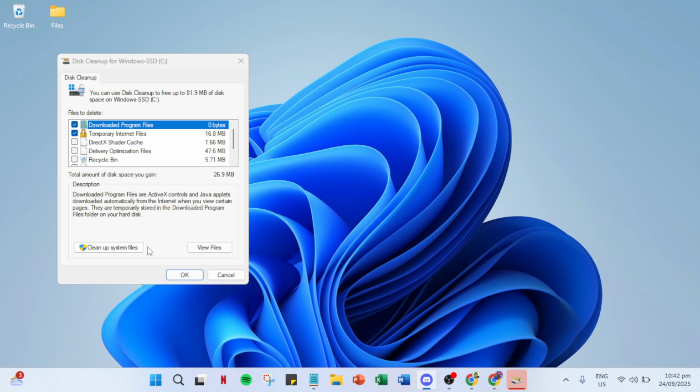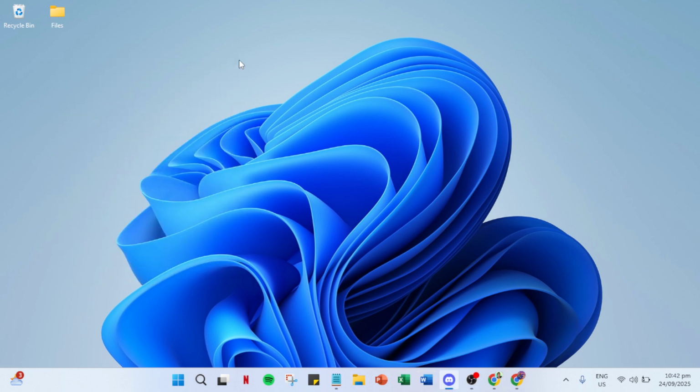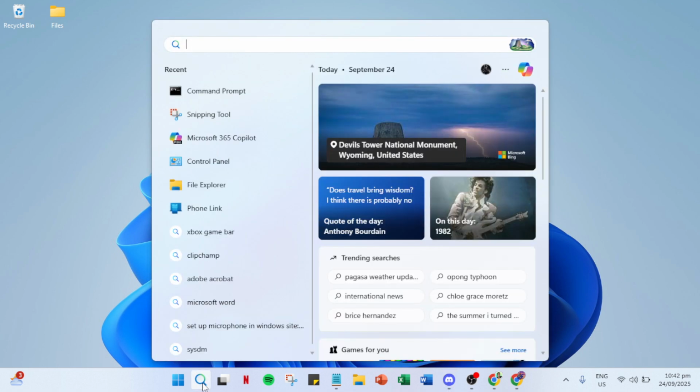Finally, as another tip to freeing up space, consider uninstalling apps that you no longer need. To do this, go to the Start menu, head over to Settings, then Apps, and finally uninstall any applications that are taking up inconsequential space. Remember, regular maintenance like this not only frees up space, but also helps your computer run smoother.